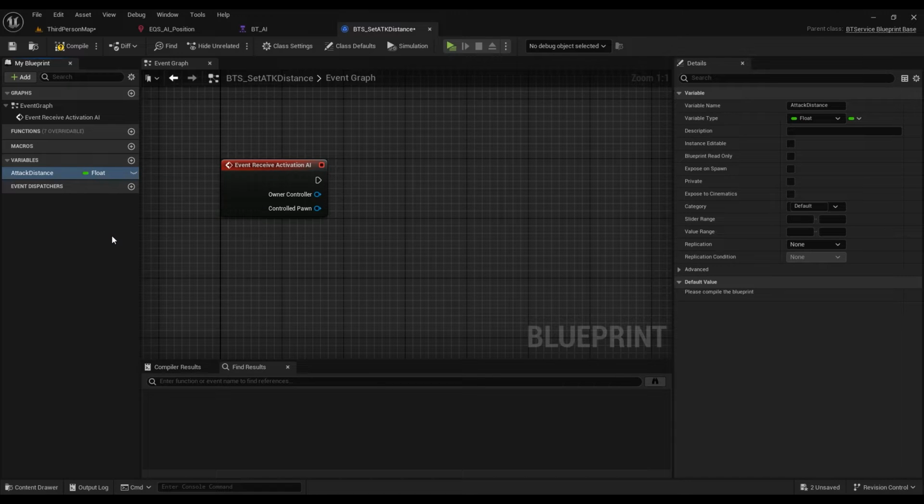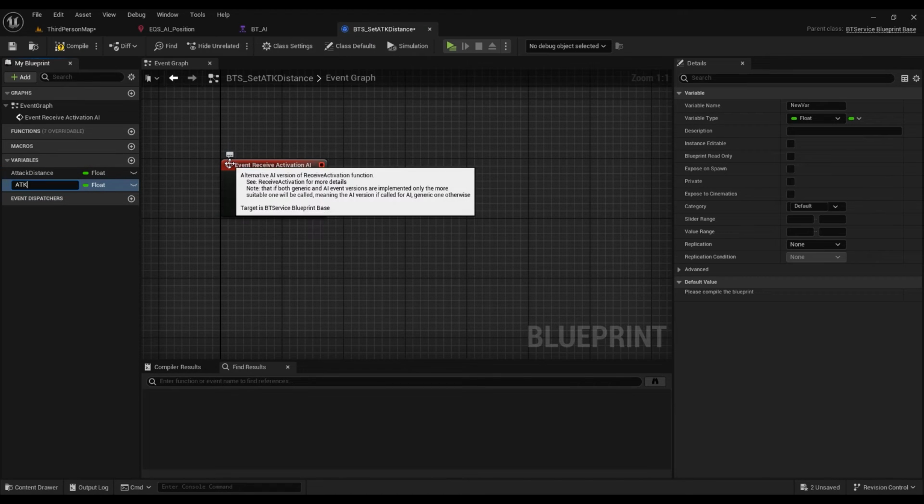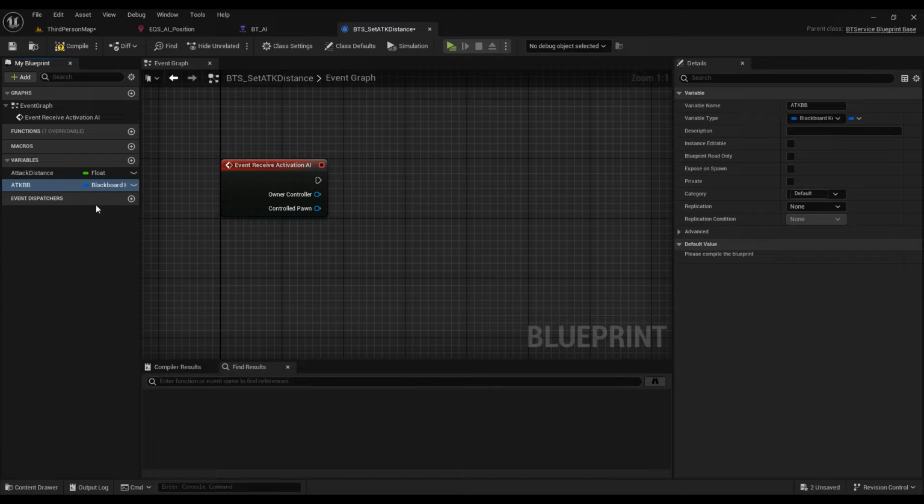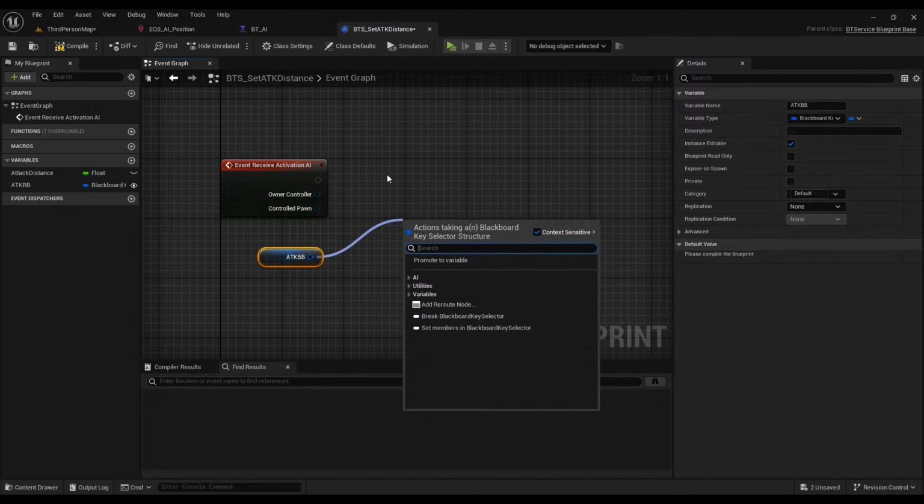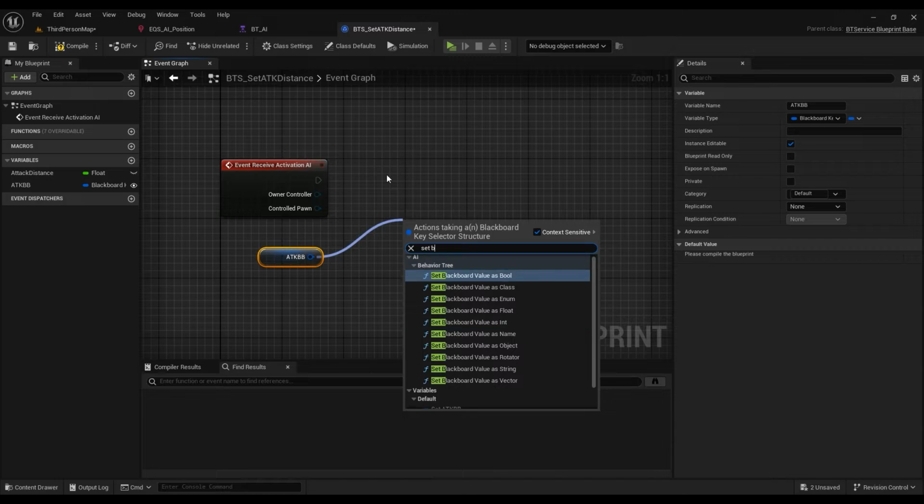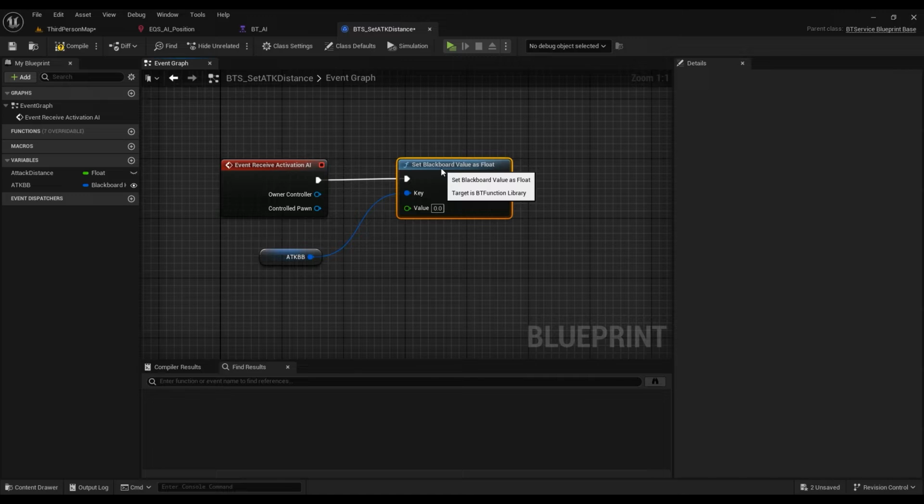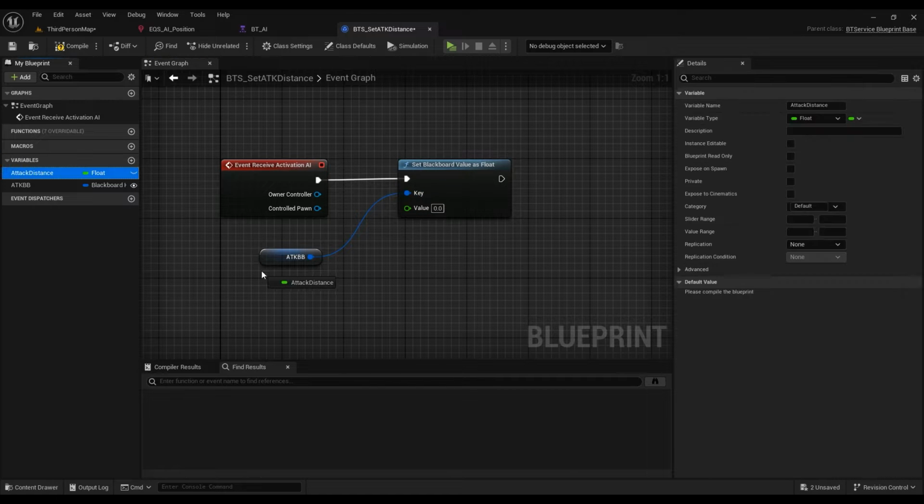Next, create another variable for the Blackboard key. Name it ATKBB. Change its type to Blackboard key. Drag it to the event graph and check instance editable. We are going to modify its value in the behavior tree, which means tweaking its value outside the current service file. From this Blackboard key variable, call set Blackboard value as float. We are going to pass the attack distance value to its Blackboard key. So drag attack distance,